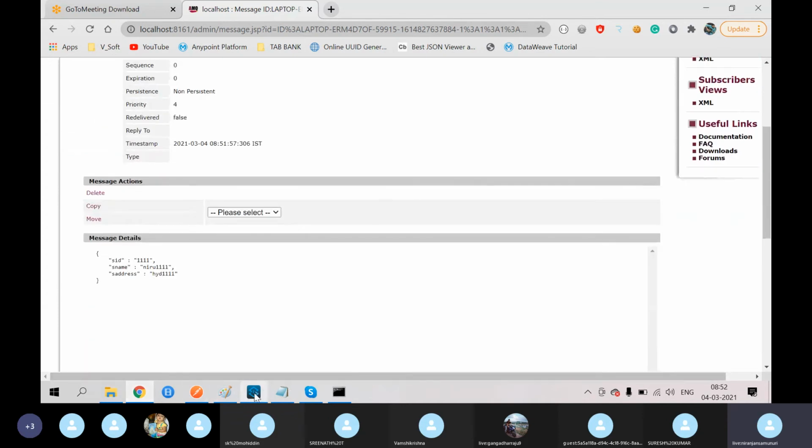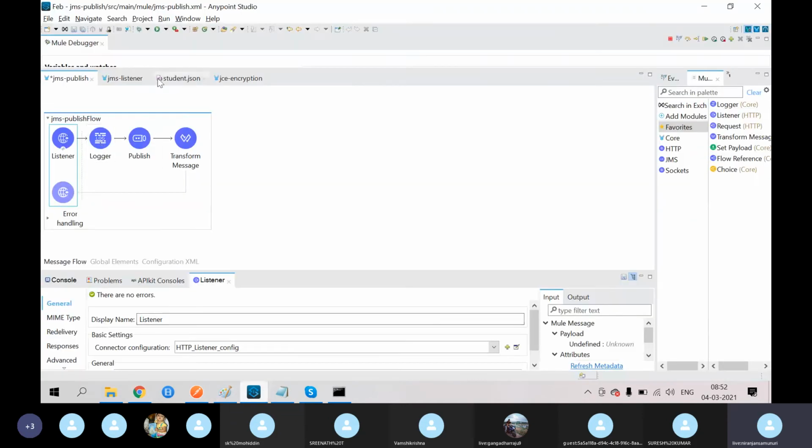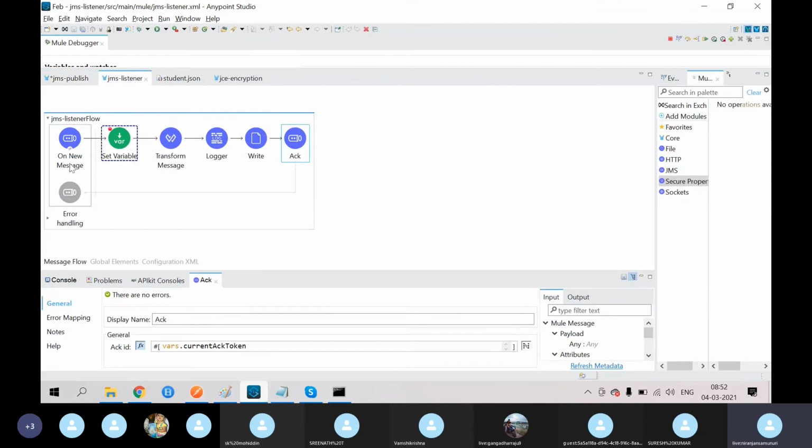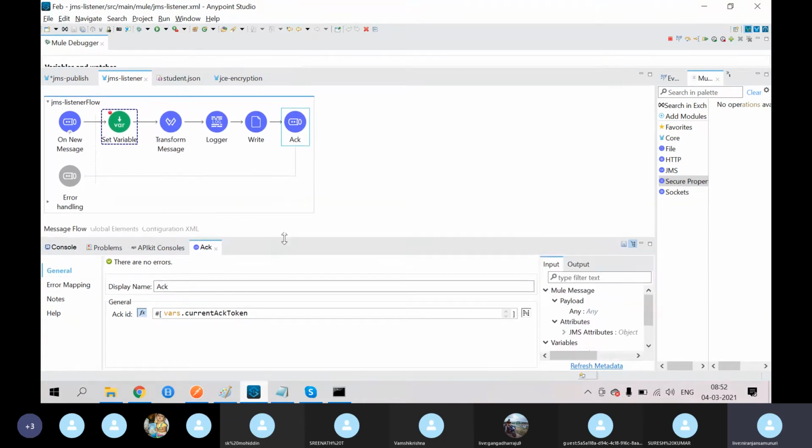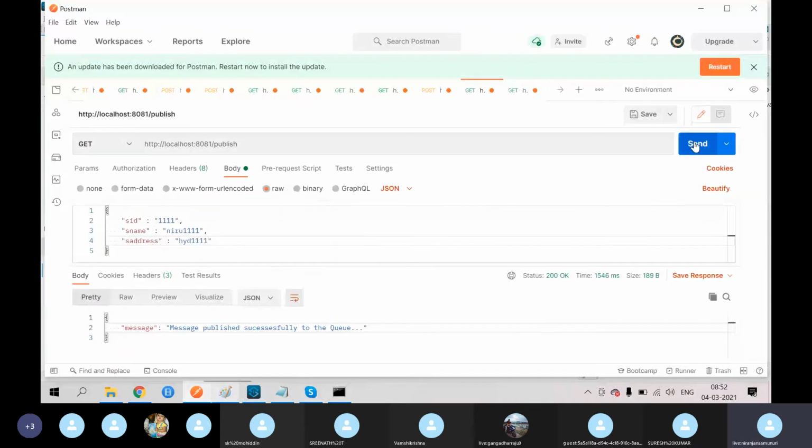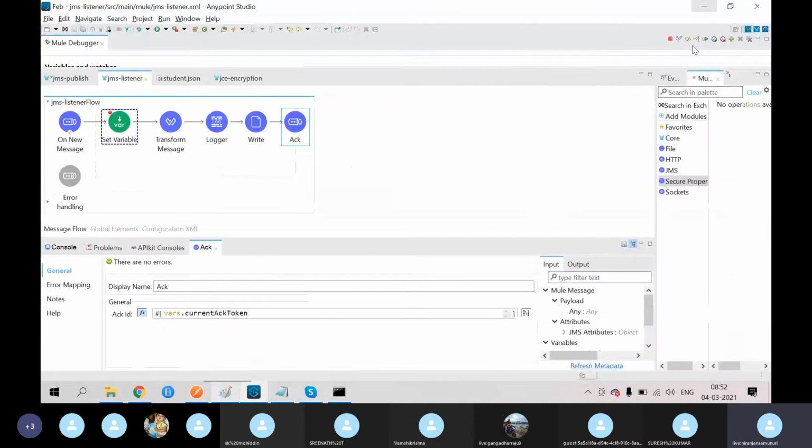And automatically it will read. Whenever you get a new message in the queue, automatically it will read. Now my test queue got this new message, right? So automatically it will read. Now I have kept some debug point, so that's why it stopped here. Now I'm clicking on the F6 button, then it will go step by step.